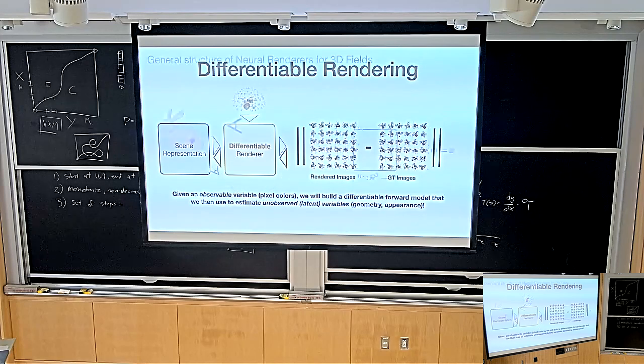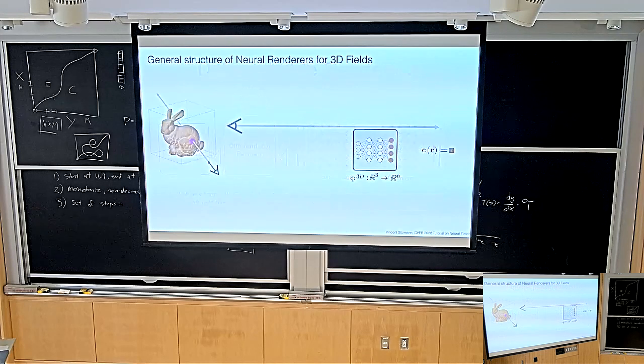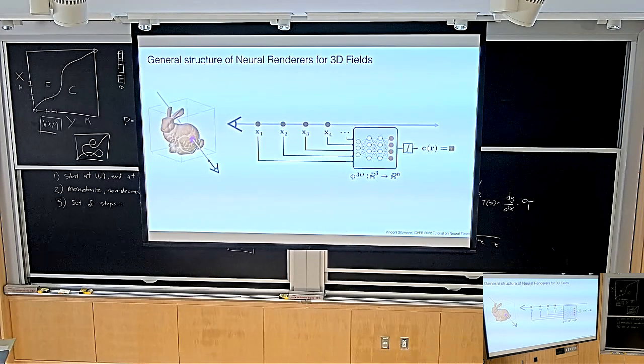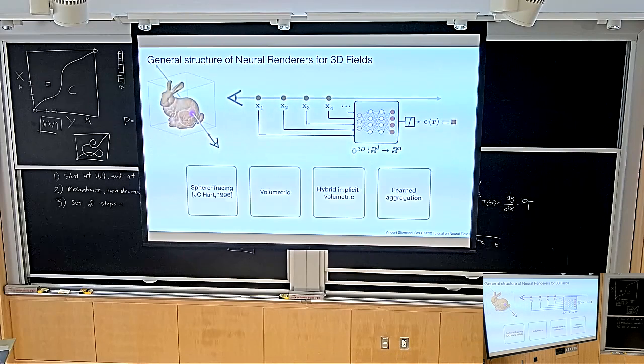Cool. And then we discussed specific implementations. We discussed specifically two. The way that these differentiable renderers for these kinds of volumetric representations work is that you shoot a ray from the camera and then you sample lots of points along the ray. At each of these points you sample your scene representation, and then you have some kind of algorithm that integrates information across these samples. We discussed specifically sphere tracing and volume rendering.